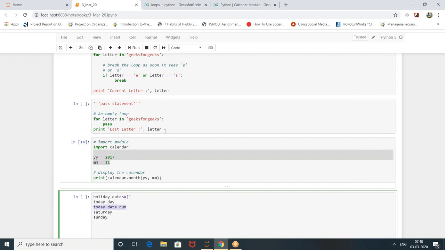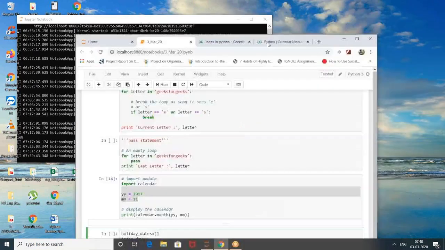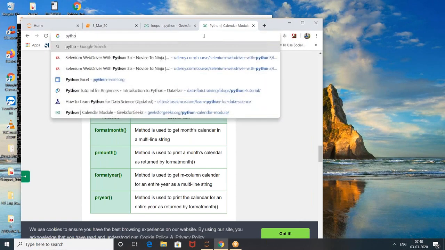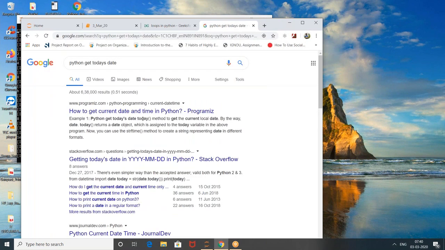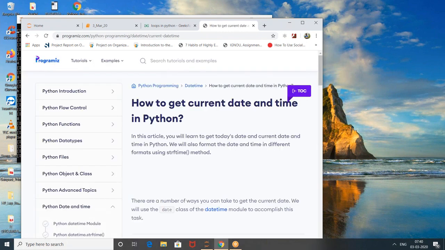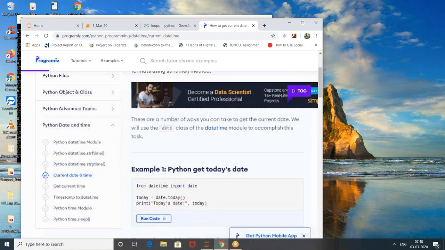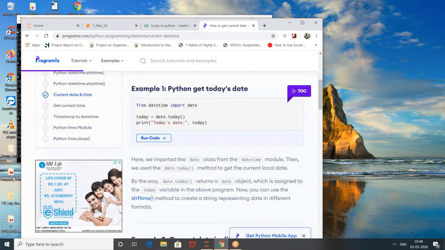No, there would be a small hiccup, right? Today's date num would be 1, 2, 3, irrespective of whether it falls on Saturday or Sunday. Let's say today's date num is 5, and the 5th is on a Saturday. We are excluding Saturdays, Sundays, and holidays, so the program wouldn't run for that month, right? If we are excluding everything, then it should still run.